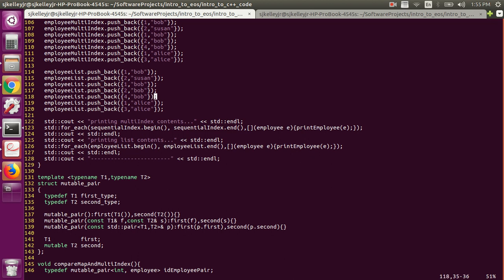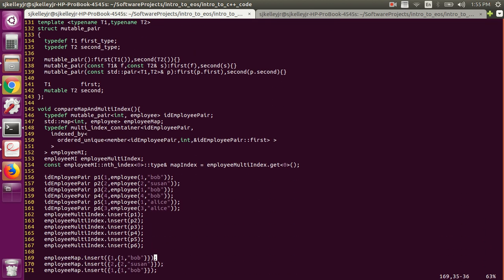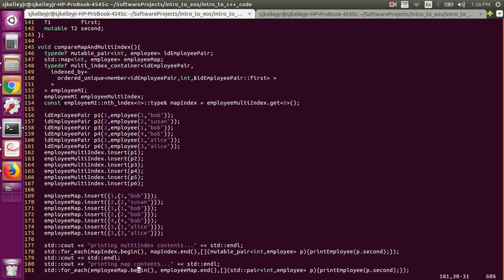But for whatever reason, this mutable pair object was not taking it. So I created 6 of the employees in the exact same way as before, and then this is how you insert them into the map. And now you can do a get into the multi-index and all that other stuff, similar to how you would into an